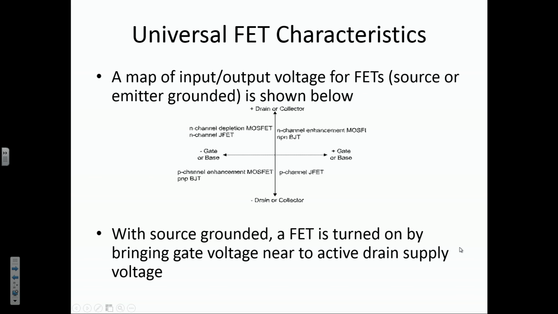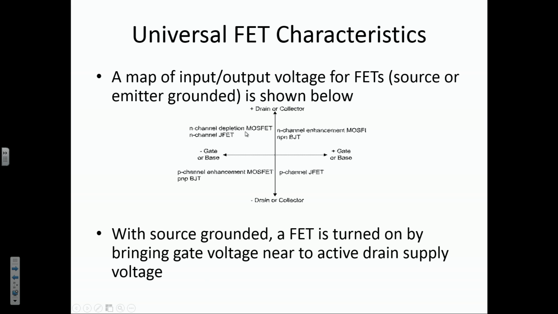So a map of input-output voltage for FETs, with the source or emitter grounded, is shown below. Let's look at this just for a moment. Here, on this axis, this shows that when the drain or collector voltage is high and the gate or base voltage is low,